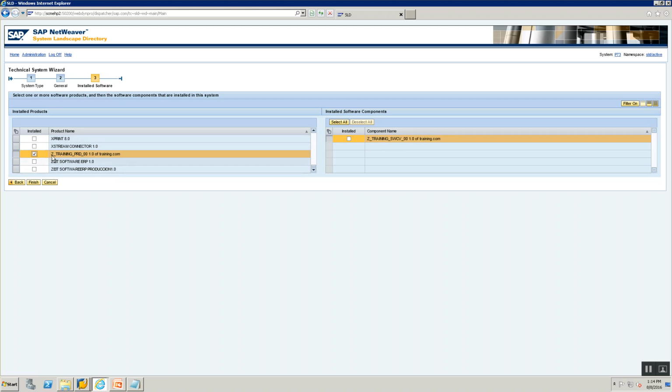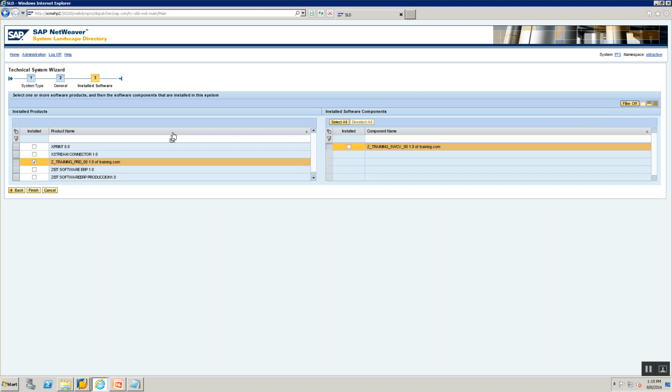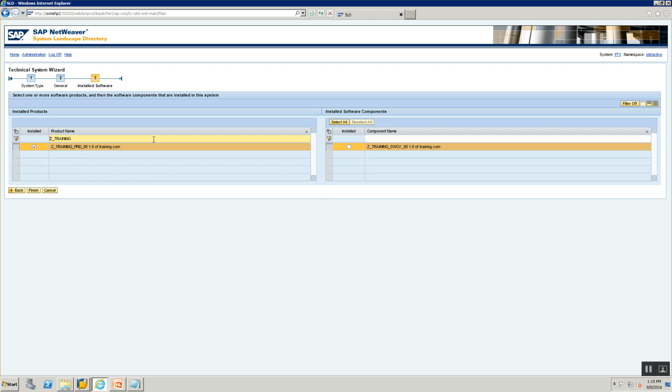I've selected this because I knew the name. I could do that, or if you wanted, you can always click on this filter option and also search for it. I can say Z training and enter, and you get Z underscore training.